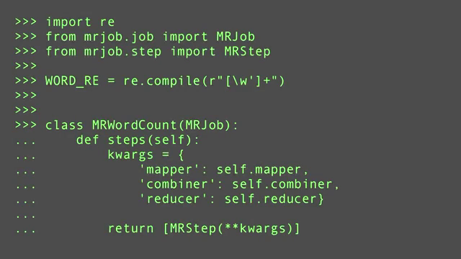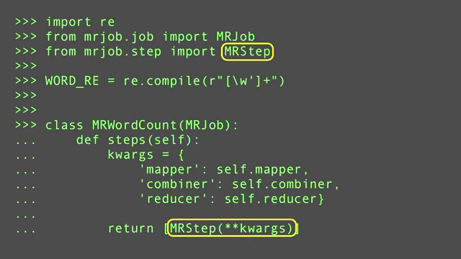Okay, so I'm going to go through this quickly, not going into too much detail, but there's a few important things to look at. So one is the MRJob that you're importing. So every class that you create just has a subclass, MRJob. And then within each class, you have to at least define a mapper and a reducer, and the combiner is used just to help optimize things, because what Hadoop does is it parallelizes your task across different machines, and the combiner is basically like a mini reducer that operates on the parallelized machines before sending it to the final reducing step. And then what you return within your method steps is just an MR